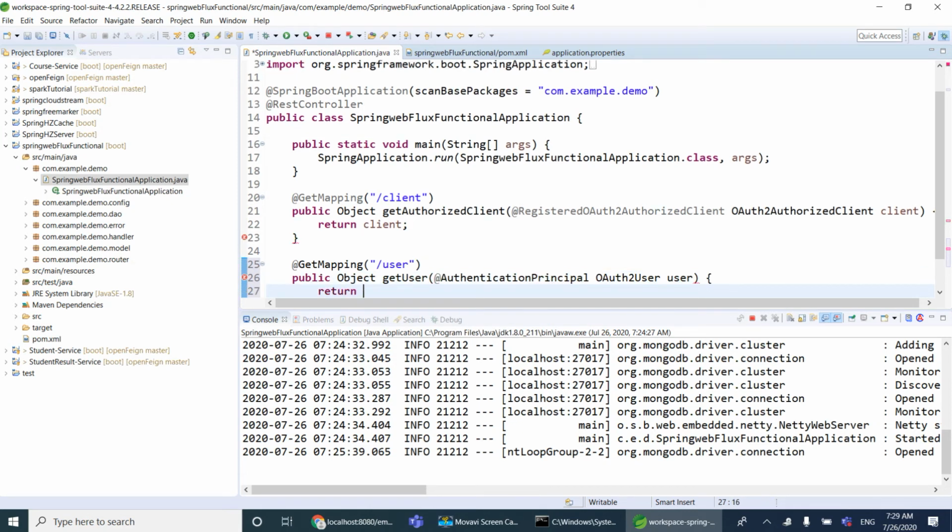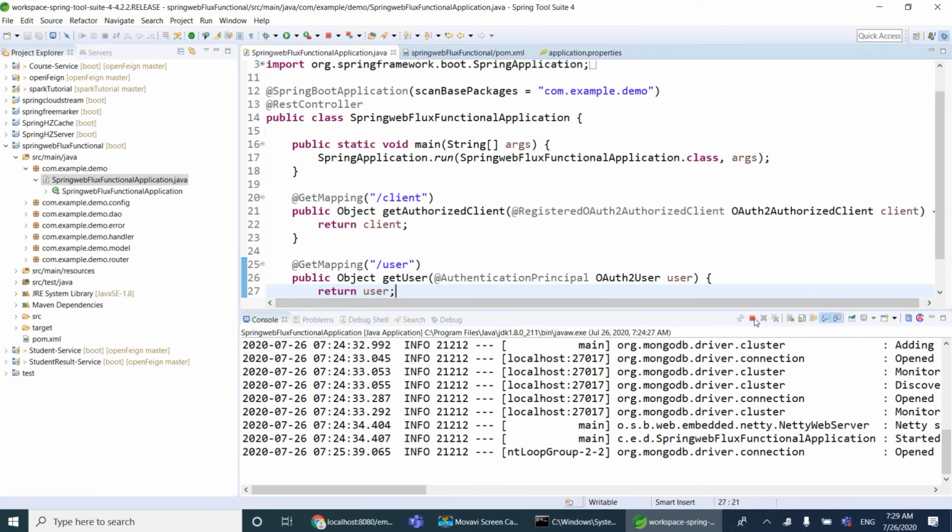Return user. If you are already logged into the application, it will get the details from the OAuth2 provider. If you have not logged into the application with this OAuth2 login, then it will ask us to log in and then it gives us the details.